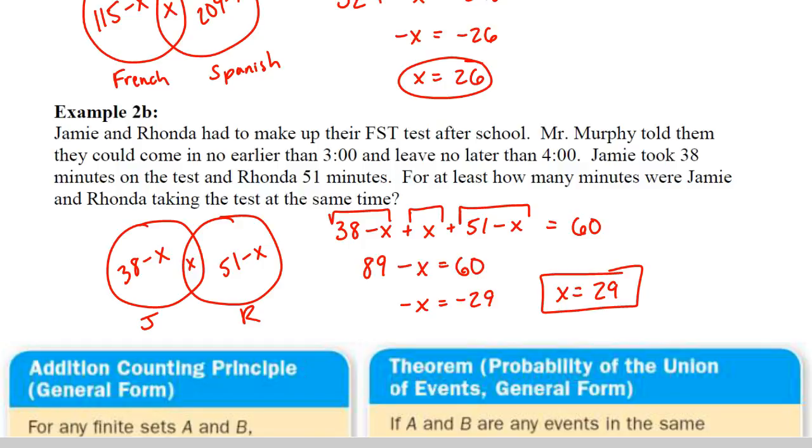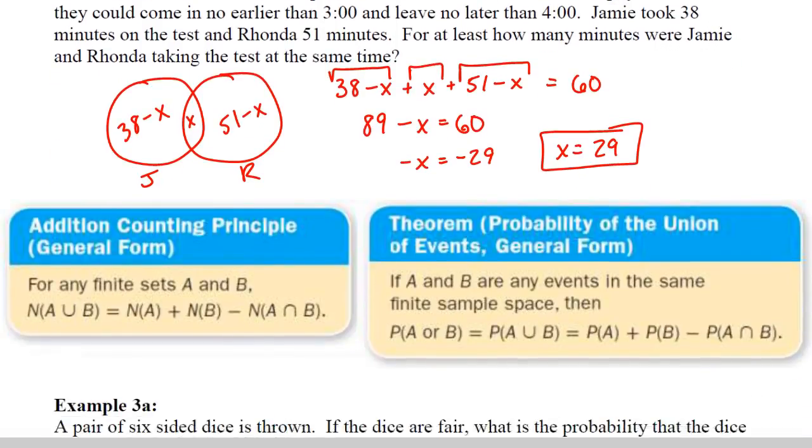So check your answer. You should have gotten 29, so that means for at least 29 minutes, the two students were in the room at the same time taking their test. If you didn't get 29, check your work with mine to see where you made your mistake. Okay. Now,